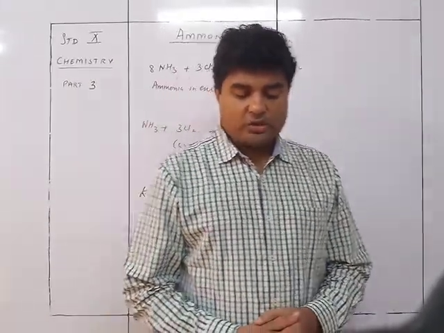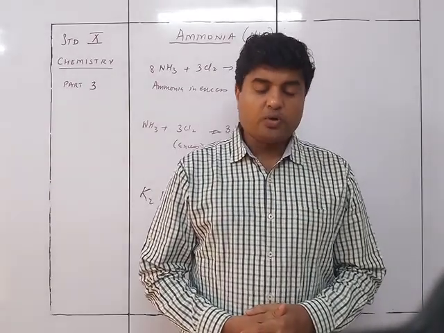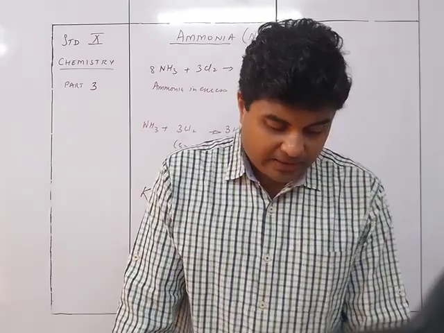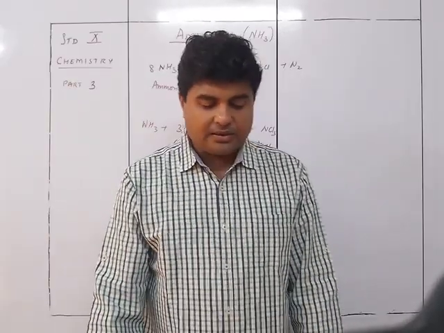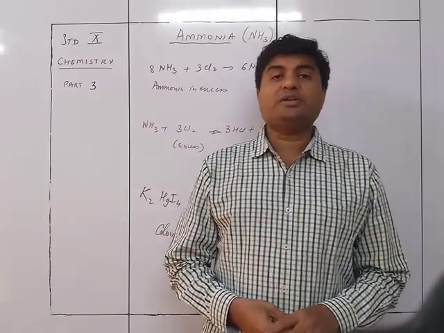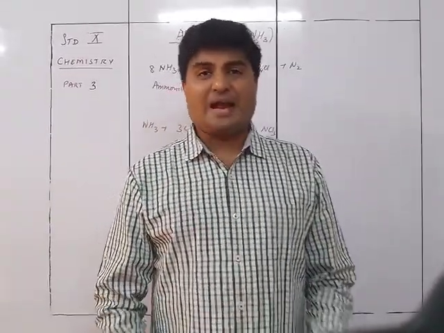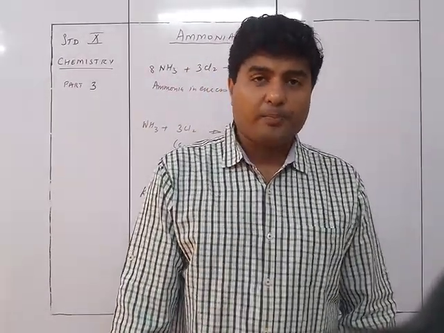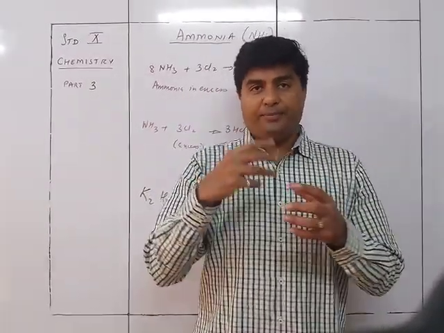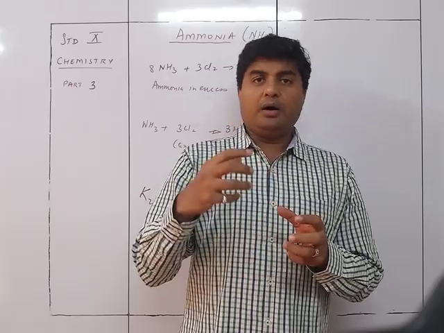Liquor ammonia is also used for cleaning window panes, porcelain articles, etc. Lastly is liquid ammonia. Now liquid ammonia means ammonia gas liquefied at low temperature. This is used as a refrigerant in ice plants. See, refrigerant means what? AC के अंदर एक gas होता है which is going to absorb the heat and accordingly